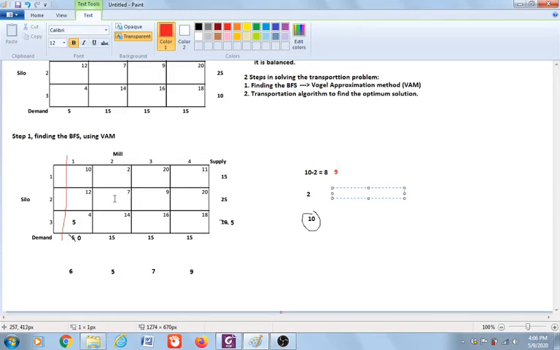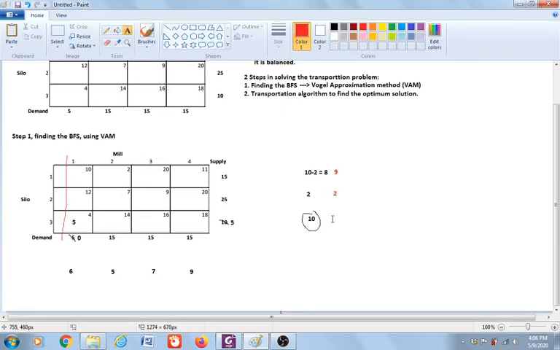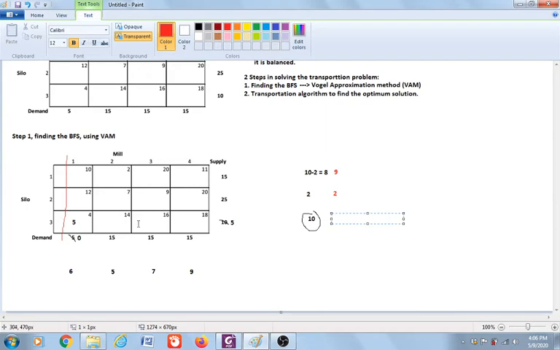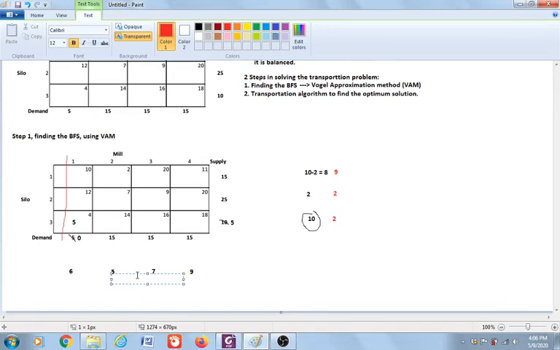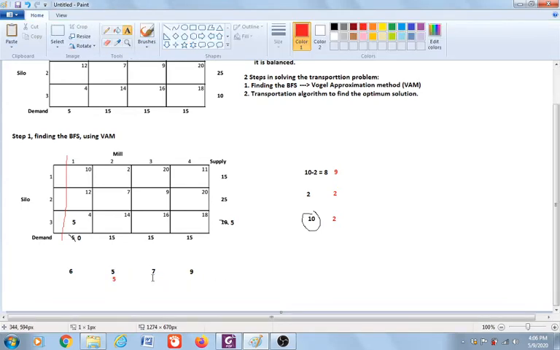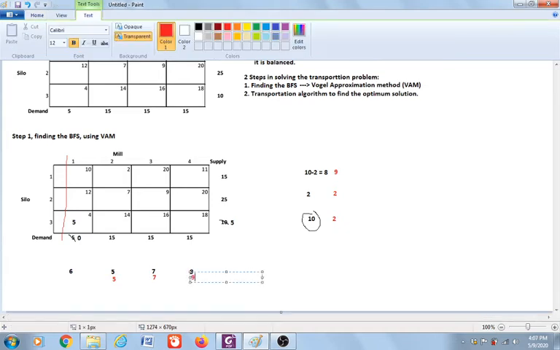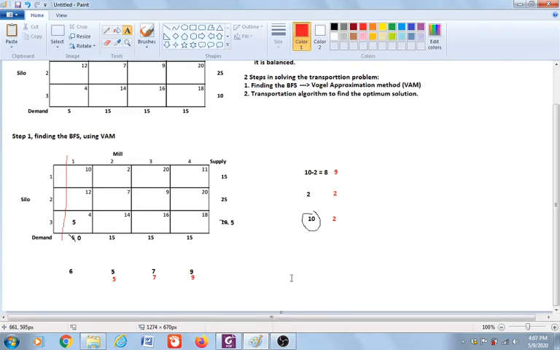It is 9 and 7 right now, so 2 is the penalty. Row number 3, it is 14 and 18, and that is 2. So we are done with column number 1, so it stays the same. For column number 2, it is 5, 7 and 9. We need to identify